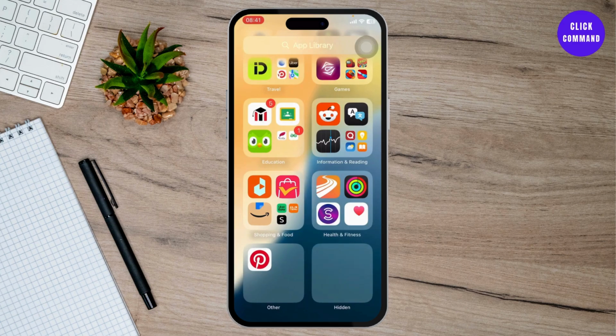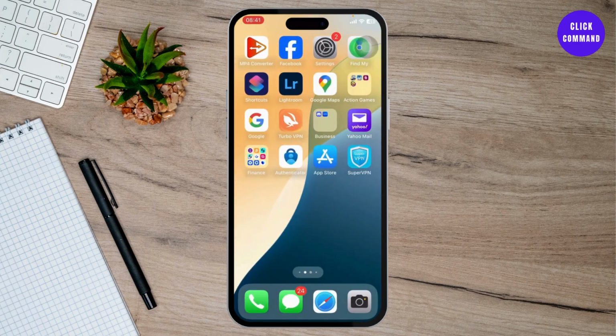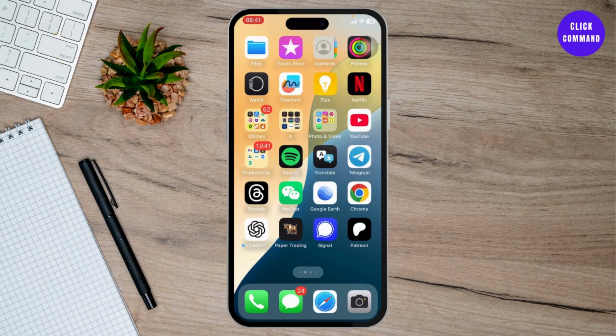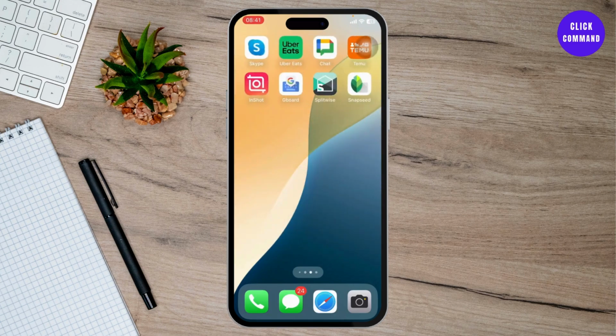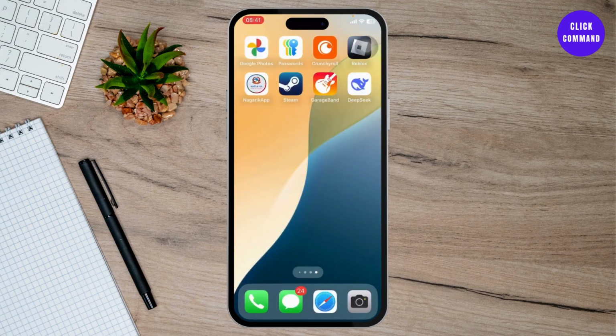As you can see, there are no more hidden apps, and if I go back here, I should be able to see the app. So it should be somewhere around here. And yeah, that's basically how you unhide apps on